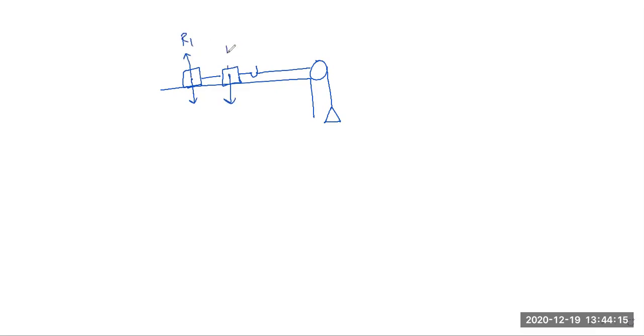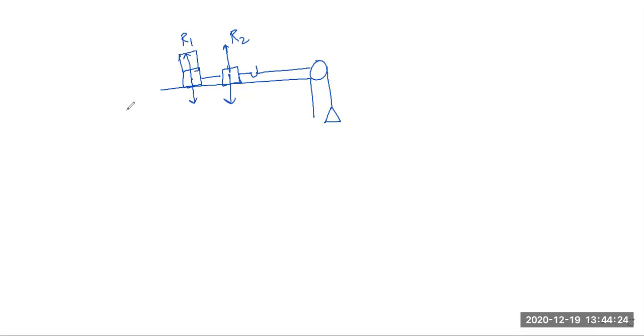Now comes laws of limiting friction. We've already discussed them, and students, you can study the experiments to prove those laws yourself. For example, one law says force of friction doesn't depend upon area of contact. You can prove this law: there's a pulley, a weight attached, and a hook, and you can have two blocks. They may have different or the same weight, no problem. This is the R1 of the first block, this is R1 of the second block. And you can do the experiment like this, and then you can put this block over this, and then